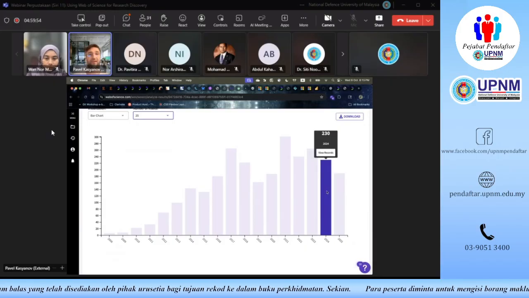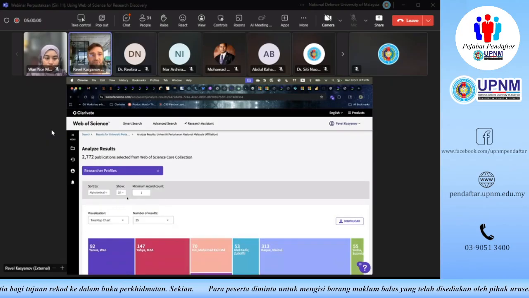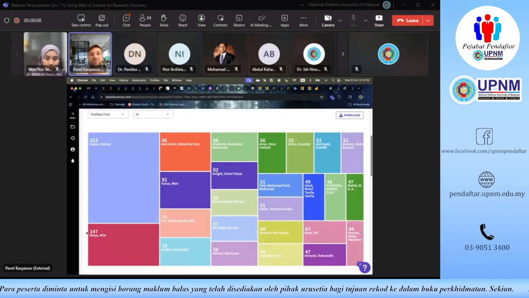We can also see the top researchers, except I'm going to change the sorting from alphabetical to the results count. So these are the most active researchers who are working in UPNM and their collaborators.